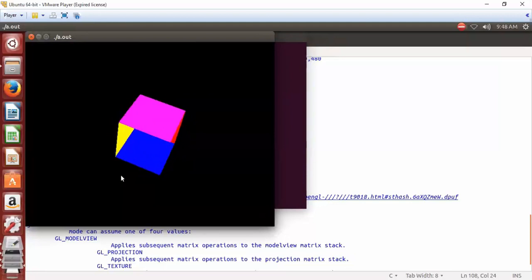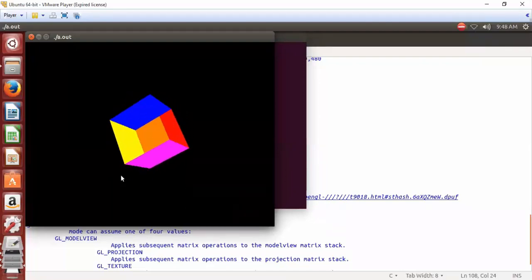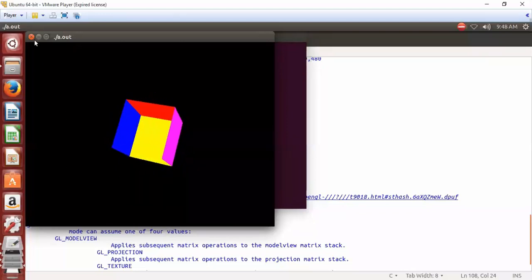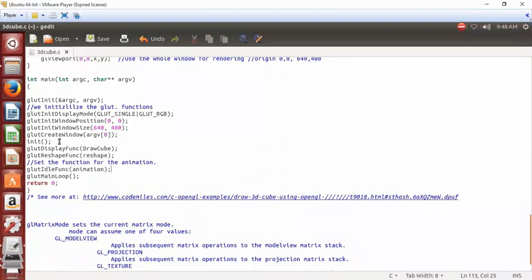So argv[0], that is the ./a.out window name. So that is the main function.